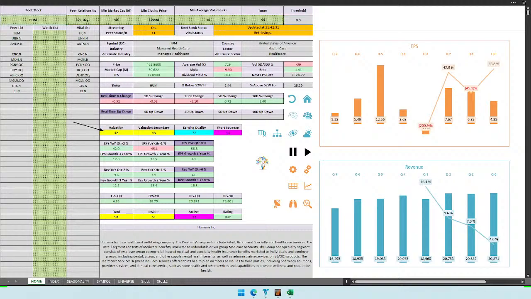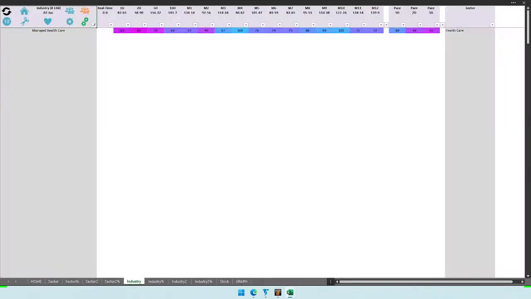Valuation in the middle, earnings growth is actually strong. Next earnings day, 2nd February. Industry in itself is weak. 64% of peer stocks are weak. So fundamentally not enough weakness, but let's still see the relative strength of the industry, that is managed healthcare. That is weak. Instantly we can see it is allowing me to short.